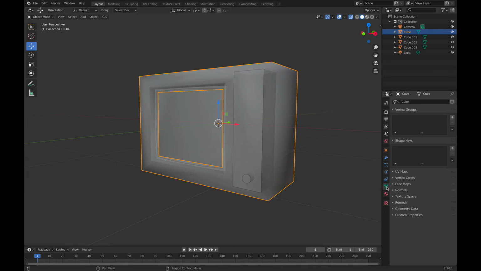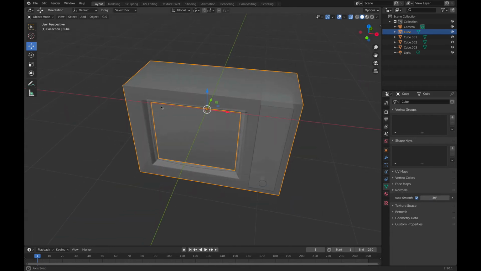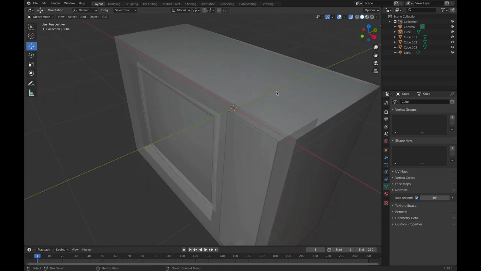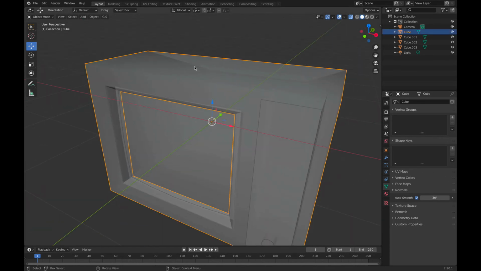We don't want that. So we want to go down to our properties here. So this is object data properties, and then we're going to open up normals, click on auto smooth, and auto smooth will calculate smoothness based on the angle of difference. So it's not smoothing past 90 degrees, or 30 degrees in this case. Okay, so we can go ahead and add,